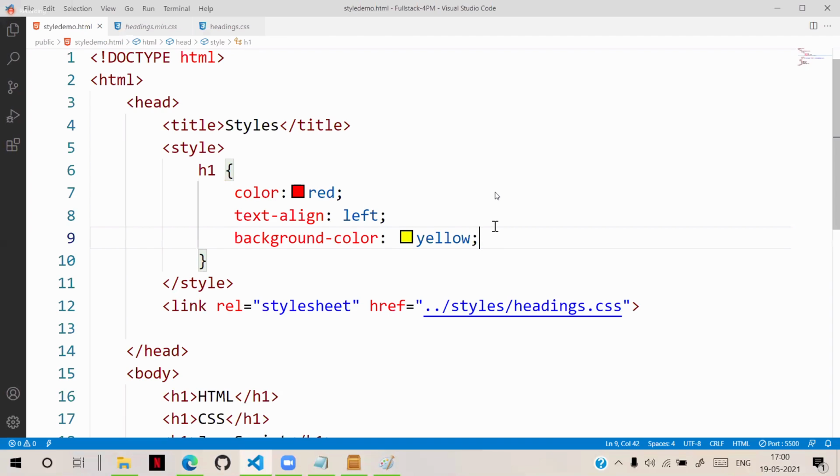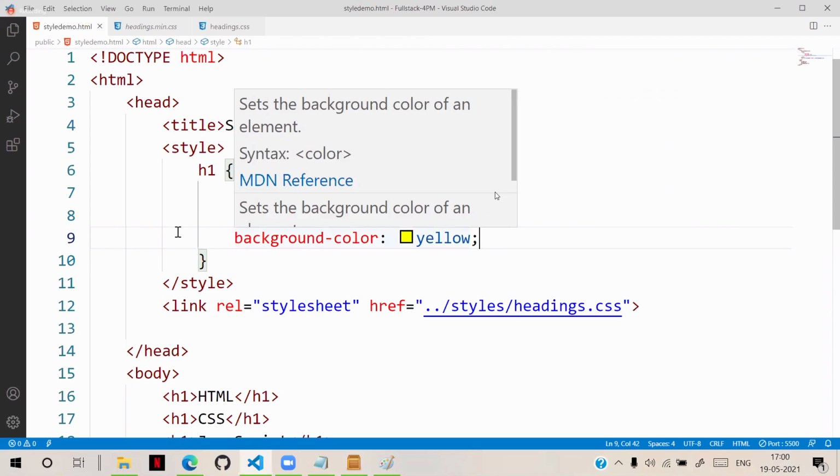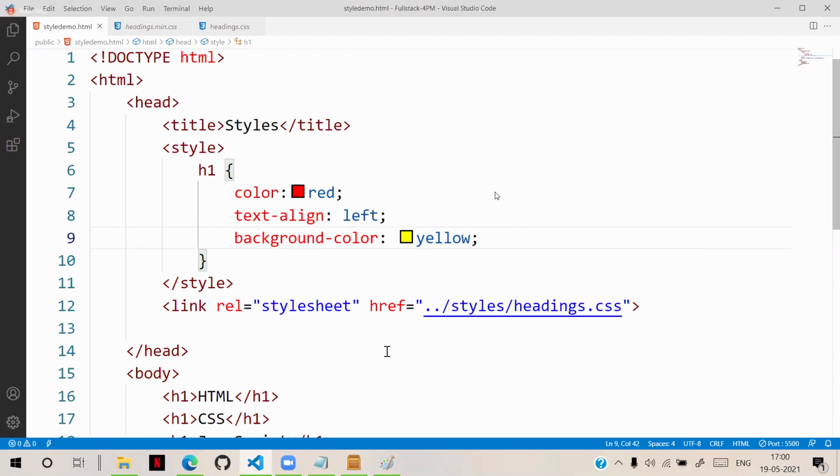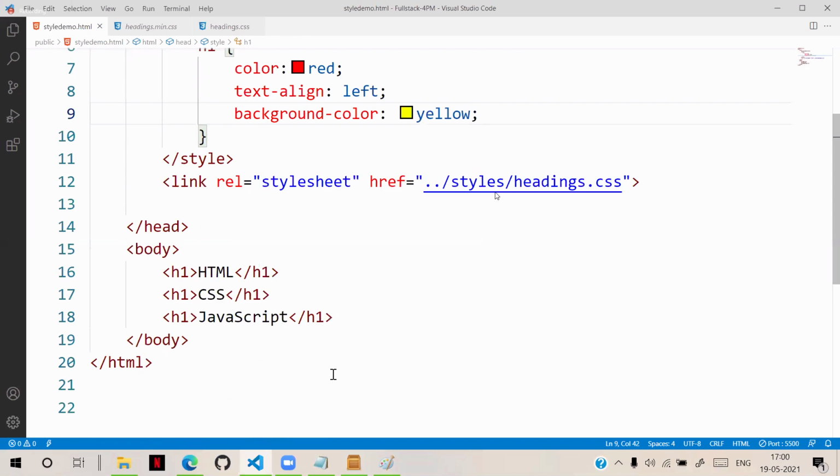That means if different effects are there, there is nothing like priority. Both effects will apply. So if the same effects are there, then the latest one will apply. Now, if I write inline also, for example, suppose here